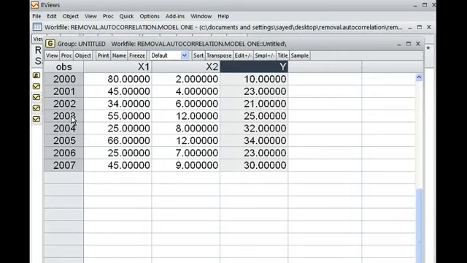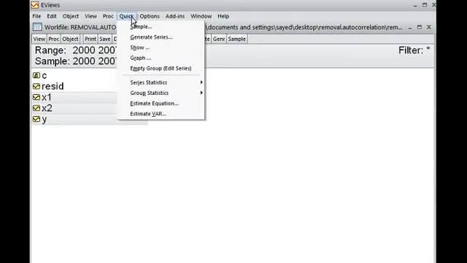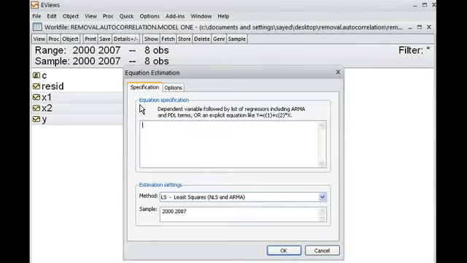Now we check whether our model has serial correlation or not. How to check it? First we run our model. As before, I go to Quick, Estimate Equation.